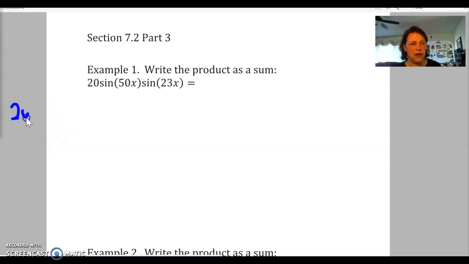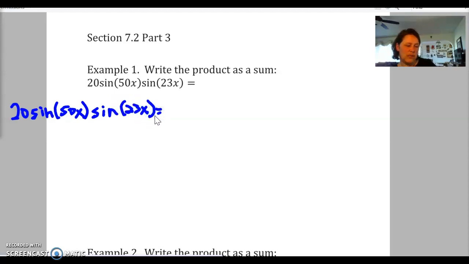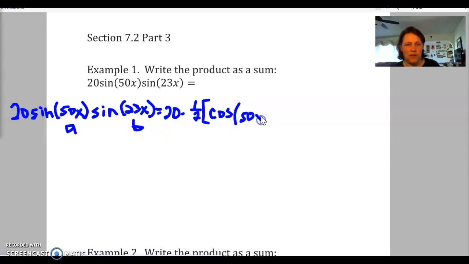All right, so if we have 20 sine of 50x, sine of 23x, then you look down on the product to sum formulas on your trig identity sheet, and you'll see sine A, sine B at the very top, and then remember that we were multiplying this by 20 as well. So we've got to do 20 times 1/2, and then cosine of A minus B, where A is 50x and B is 23x. So we're going to have cosine of 50x minus 23x,